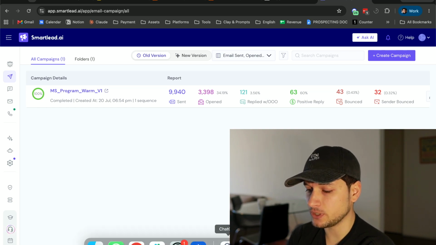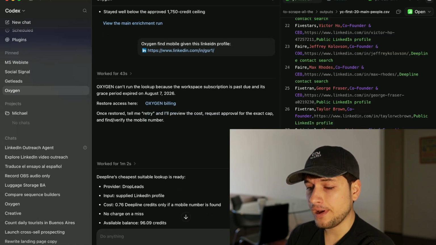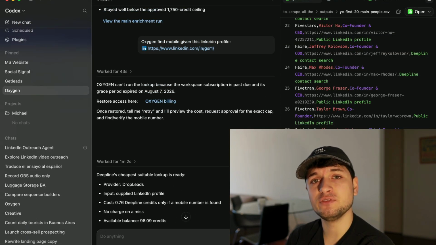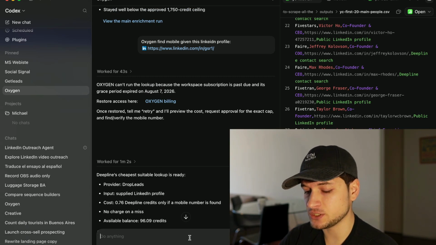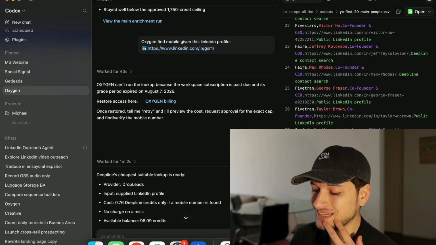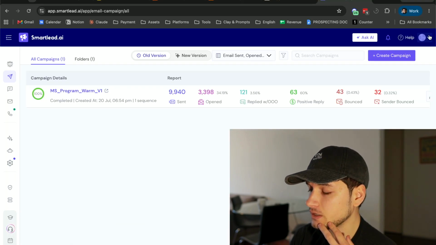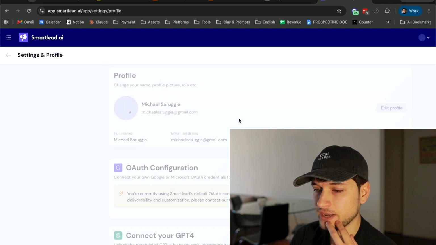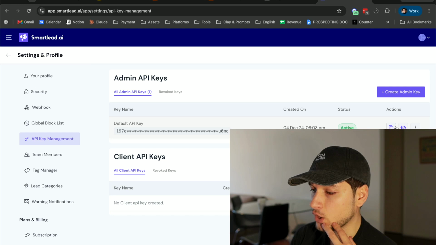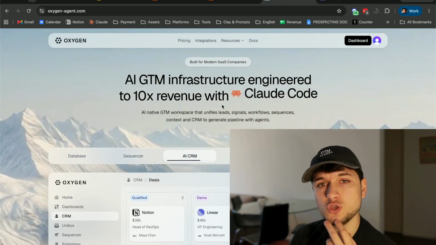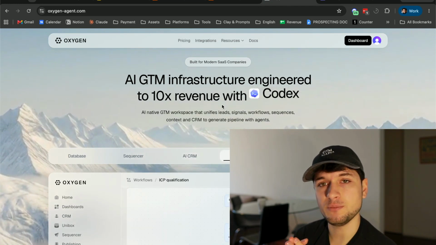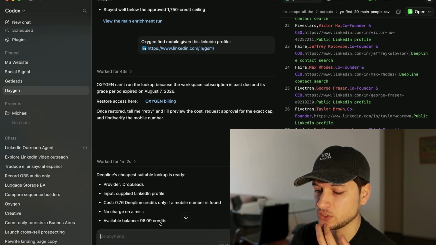And in particular, if we go back to our case, here we already have the list. It's enough to put the SmartLead API here and say something like, by the way, the SmartLead API is easy to find. You can go to Settings, API, you can copy it, and you can put it inside of Oxygen. Okay, you will have basically a place to put the API, or you can put it directly inside of Codex,